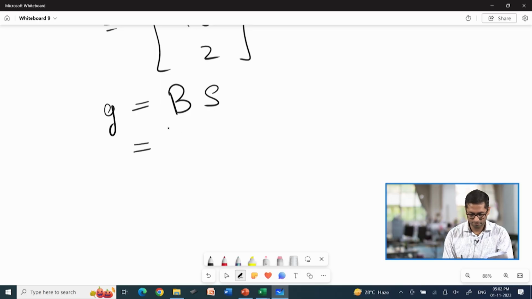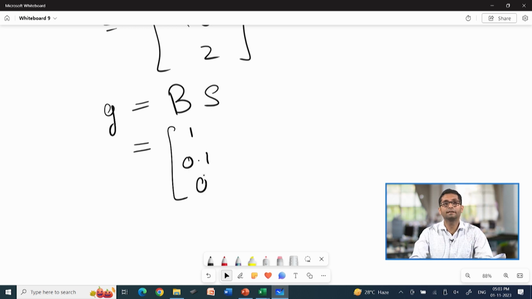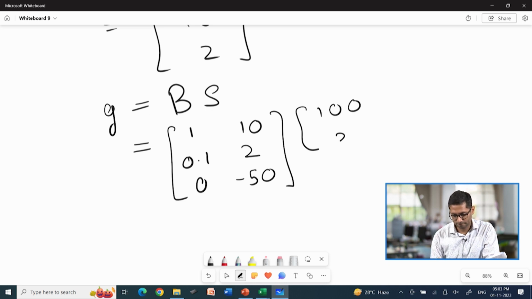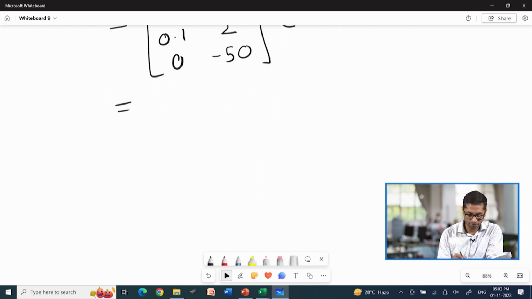So if I put in these values of this matrix, the B matrix is known to us: 1, 0.1 and 0. So the first process has 1 kg of CO2 emission, 0.1 kg of SO2 emissions, and 0 liters of fuel getting used. The second process had 10 kg of CO2 emissions, 2 kg of SO2 emissions, and it used minus 50 liters of fuel. I multiply that with the scaling factor, which is 102, and this multiplication would lead to the final